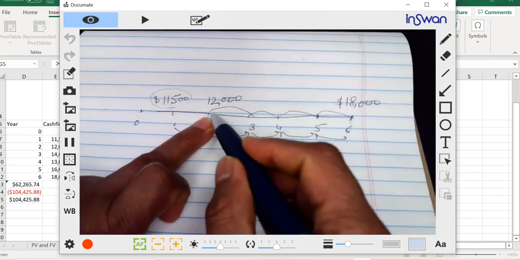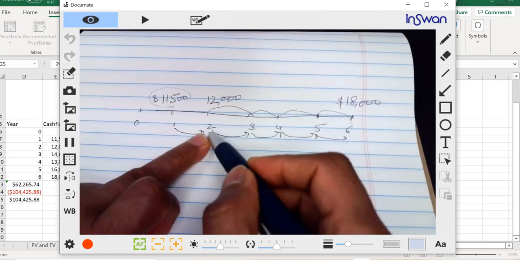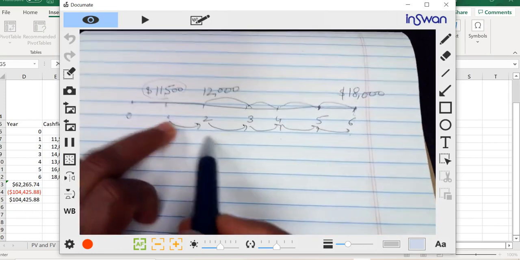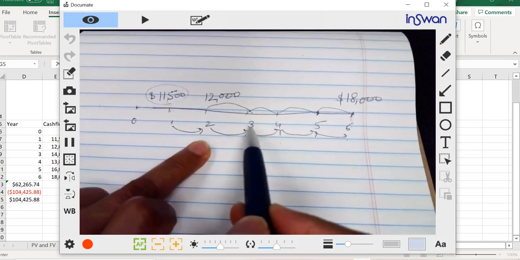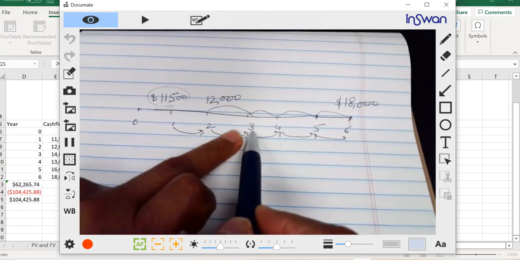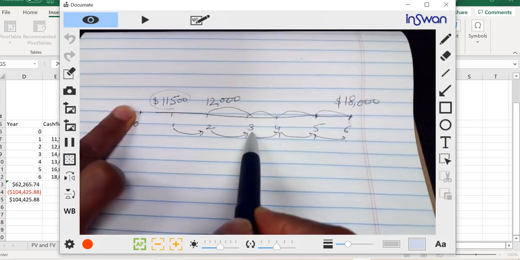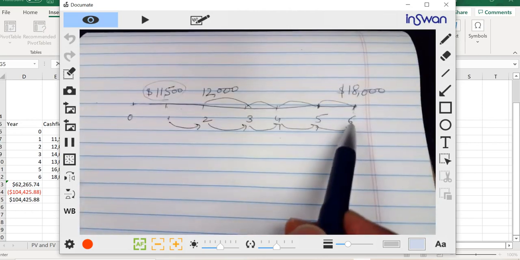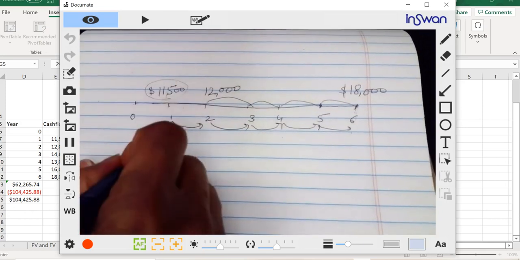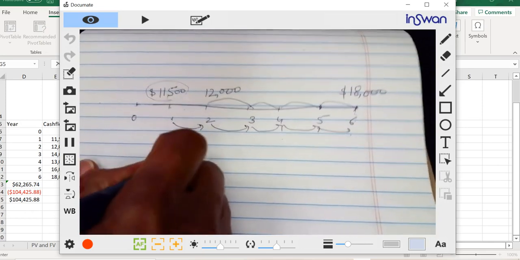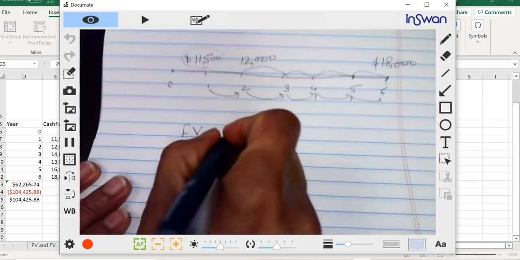6 minus 2, because it is getting invested here, so these 2 years will be gone. For the third one, when it gets invested here, these previous 3 years are gone, so it's not invested for these 3 years. So how it should work is, because we want to get the future value, so future value should be